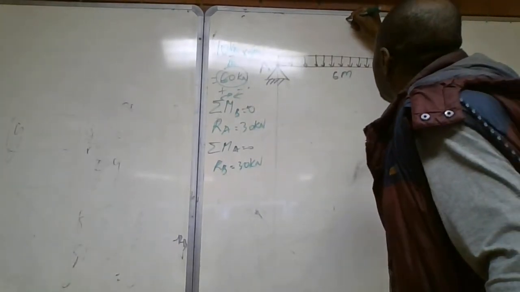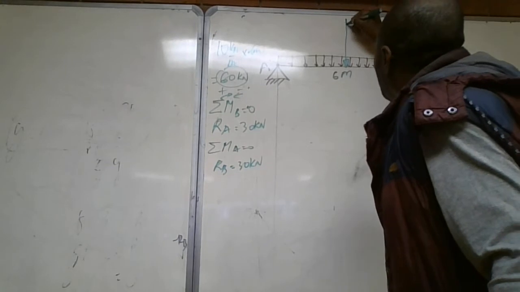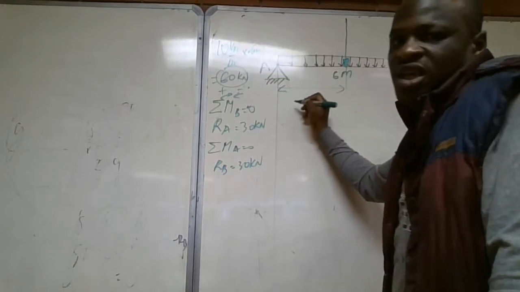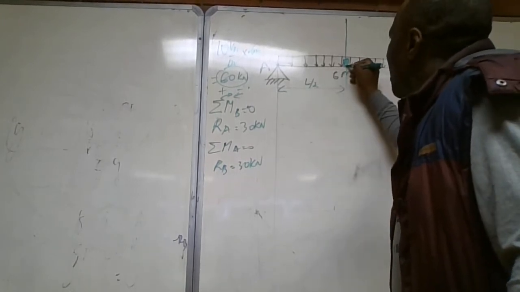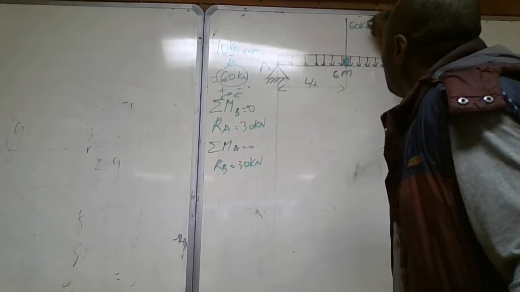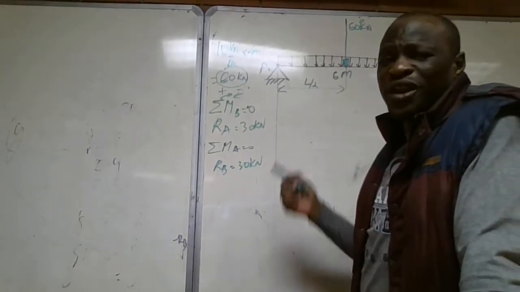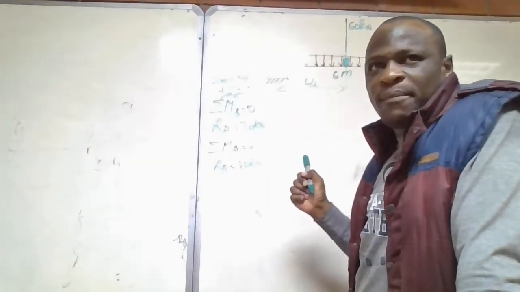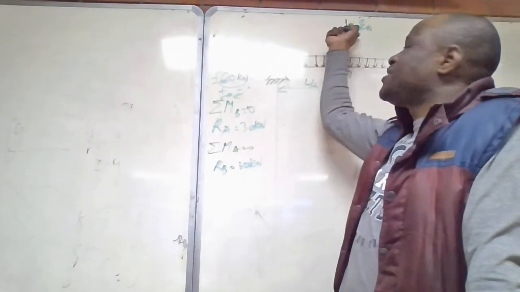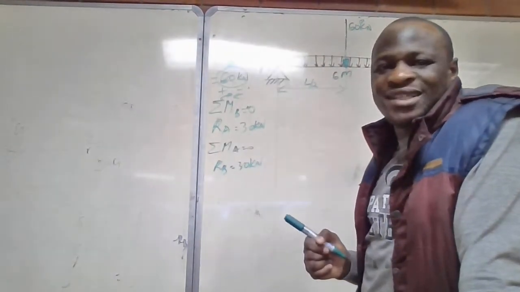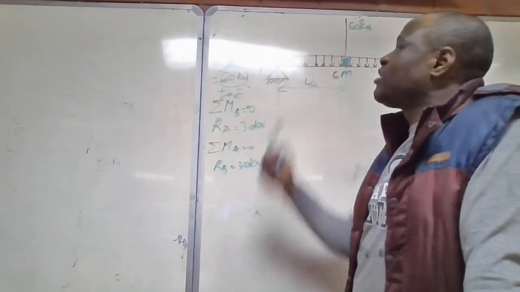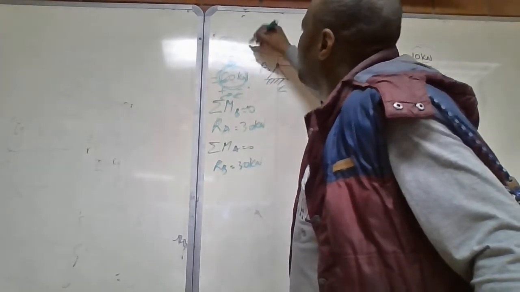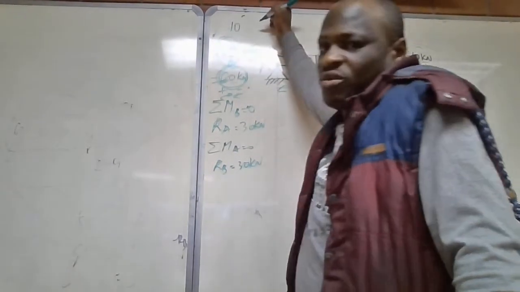And then that 60 kilonewtons will be positioned at the center of gravity of the beam, which is situated at half of the length. But whenever we're dealing with distributed loads and we want to draw the shear force and bending moment diagram, we also need to get the mathematical function of this resultant load. We know that to get this, we take the load per unit of length multiplied by the length. The load per unit of length was 10.